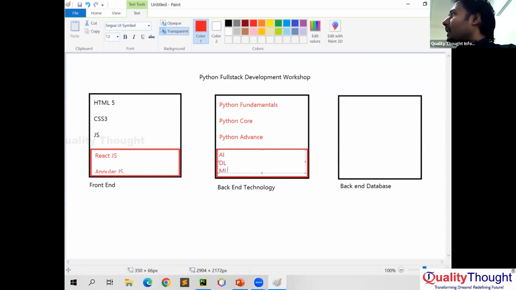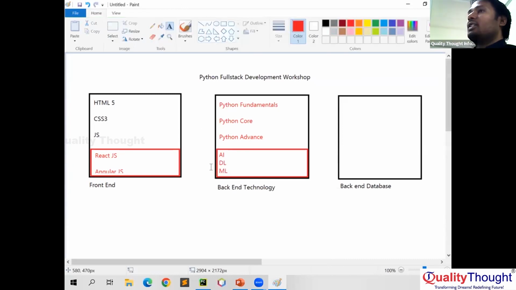And the next one we call ML, machine learning, artificial intelligence, and we are starting with deep learning, and the second one we are going to call machine learning actually. And at the same time, we are going to start working with something we call